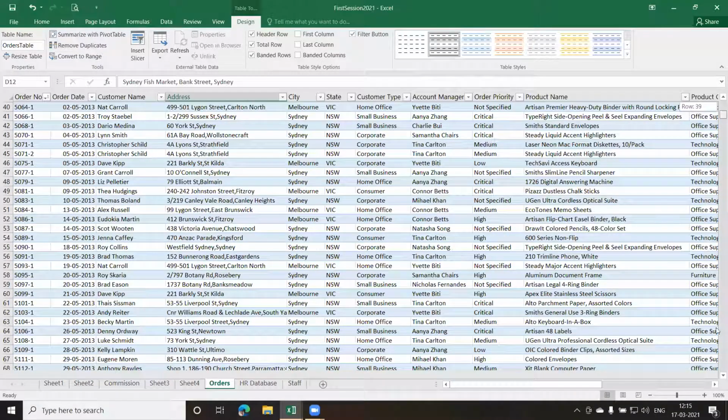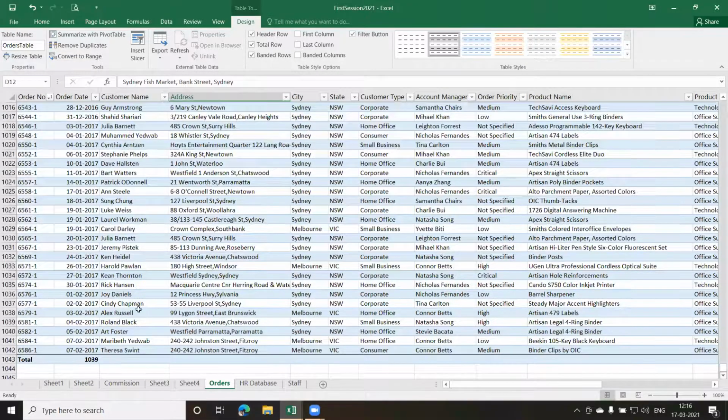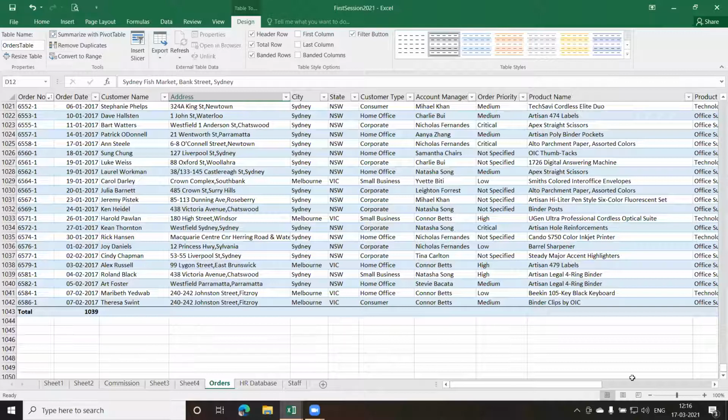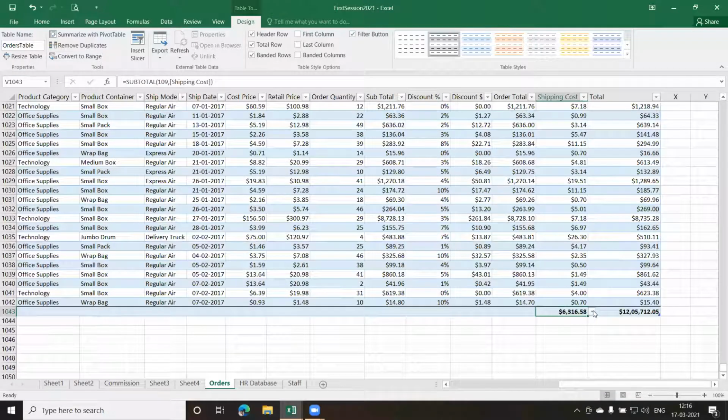And the total row will have some functions that can be added here. So for example, if I want to count or do some addition, I come here, and let us say this one was sum. So you can just click on this. I've used sum here. If I want to know the maximum cost, I can come here, click on this, select max. I'll get the maximum in this particular cost price column. So the total row which we added is also very important.